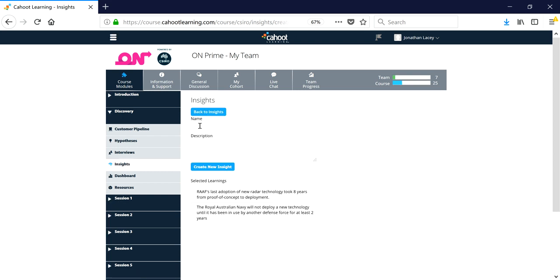We give this insight a name, and this is the most difficult part. What we want to do here is summarize the insight here, and in this case, the name I'm going to give this one is Military Radar, one of our market segments, is challenging because defense forces are not early adopters of new tech. So then we click Create New Insight,